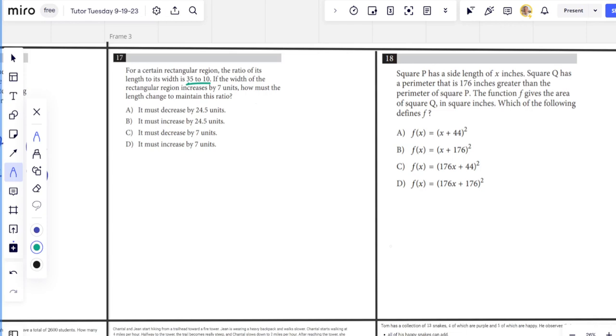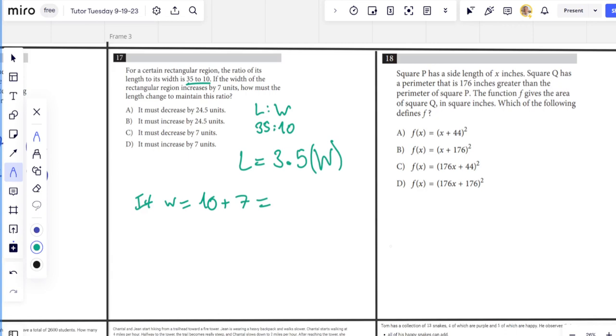Well, 35 to 10, length to width, means that the length is 3.5 times larger than the width. 3.5 W. So if the width is 7 more units, the width is now 17. Length is going to be 3.5 times 17,